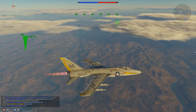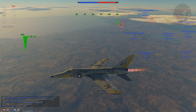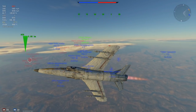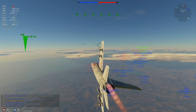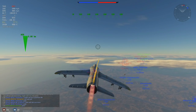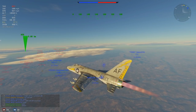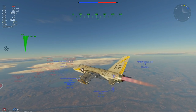And like I said, the fuel burn's not really that bad, so I don't think you need to go up to 20 minutes of fuel. I definitely recommend it for the F4, but I don't think it's that important for the F11. I mean, I'm running full afterburner here, and have used up a third of my fuel, but it ain't that bad, and I'm up pretty decently high, so...